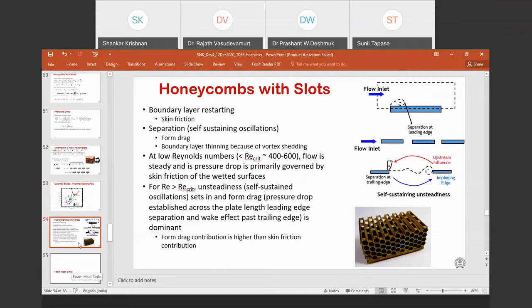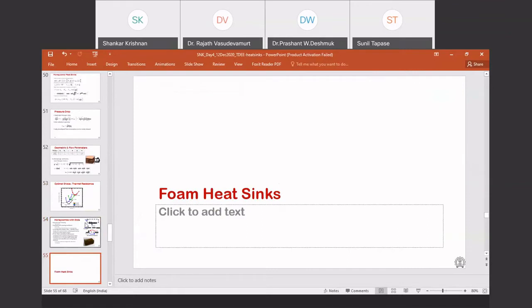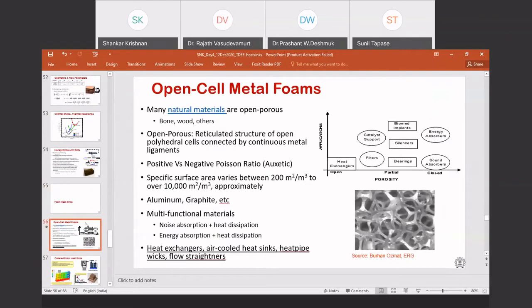So that's one concept of increasing the geometry surface area to achieve heat transfer improvement. I will compare all these three different options later. Open cell foams. These are some materials. They've been around for now 20, 30 years, but they have been studied for many applications like heat exchangers, catalyst support, implants, bearings, and energy absorption, sound absorption, and so on,